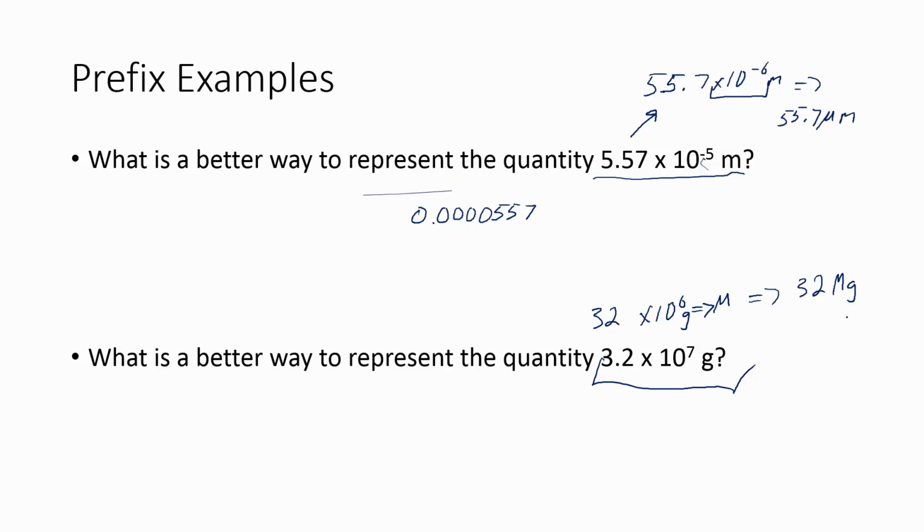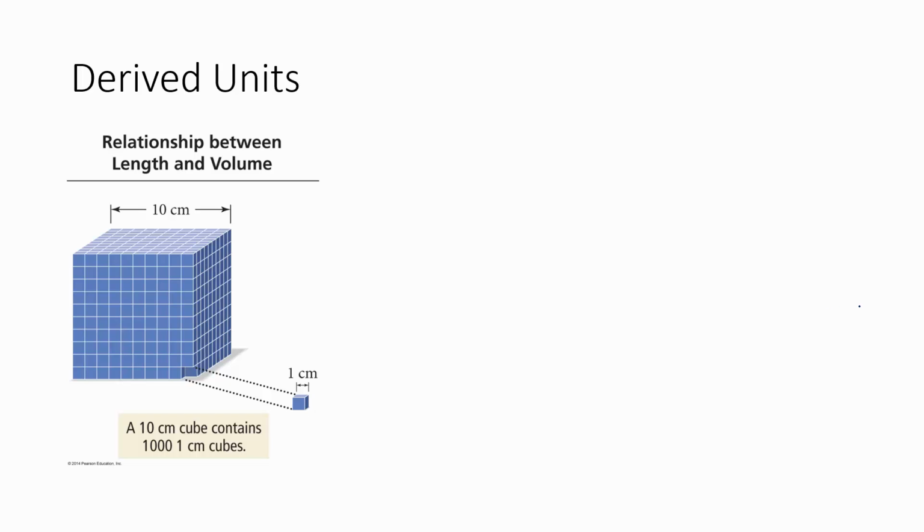Excellent. We also have something called derived units. These are units that we get from multiplying or dividing standard units by each other. So for instance, volume is a derived unit from length, so from the meter or from the centimeter. If I have something that's 10 centimeters by 10 centimeters by 10 centimeters, I can calculate the volume of that particular object,